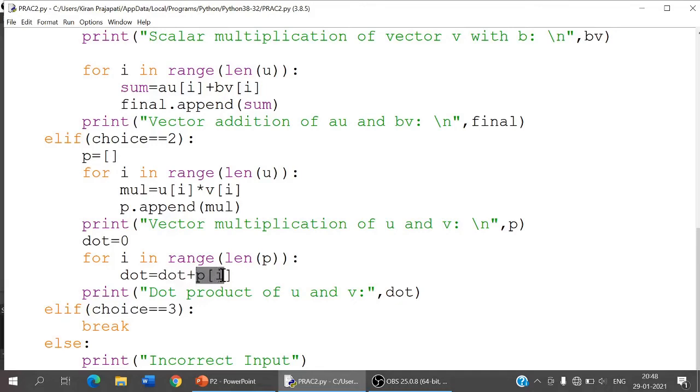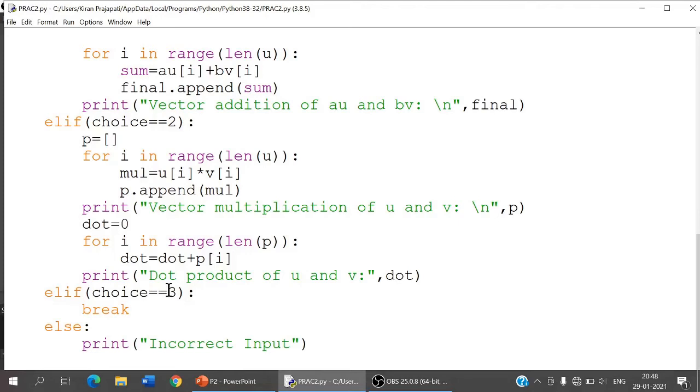Yes, 0 plus the first element would be added, then that would be stored in dot. Again the second element would be added. This way I can sum up all the elements in my list, and then I finally get my dot product. So I just print it: the dot product of u and v is dot. Whatever is stored in dot, I am going to get that answer. It is just going to be a single answer, it is not going to be a vector.